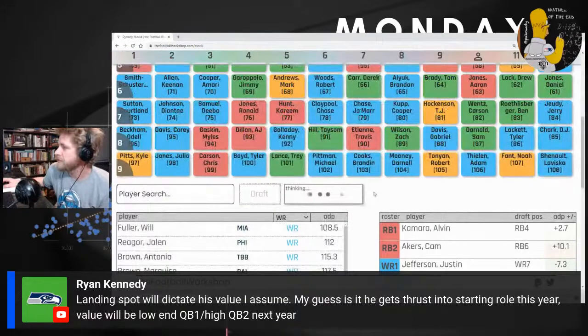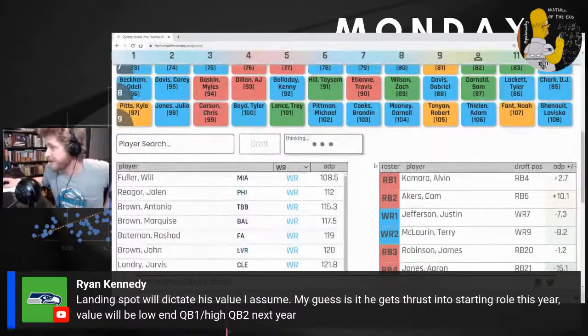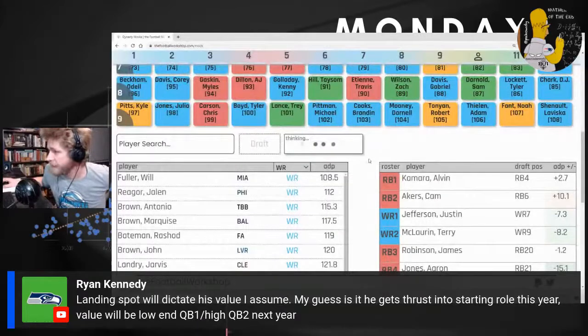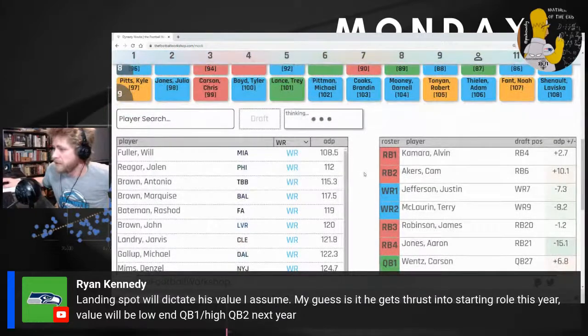So Laviska Shenault. Again, I'm not a big fan, but I can't hate him there, although I would take Will Fuller over him. I just love the upside of Will Fuller.